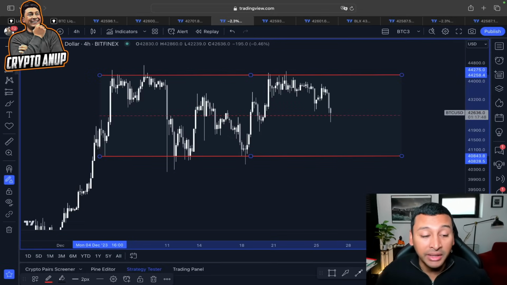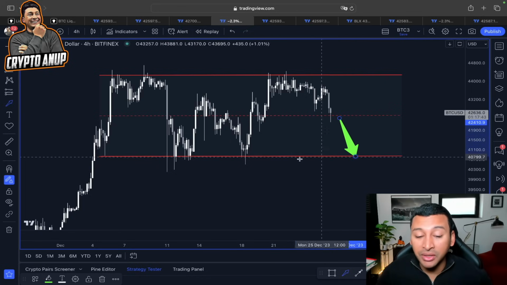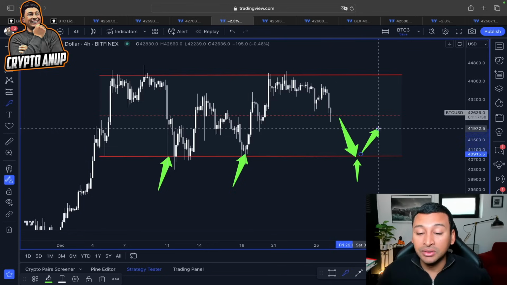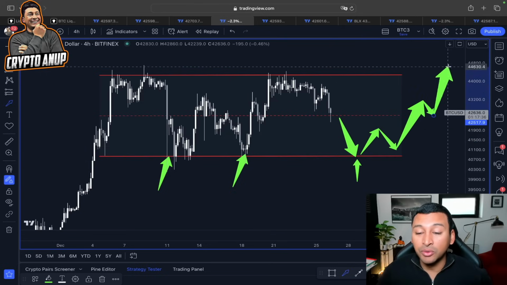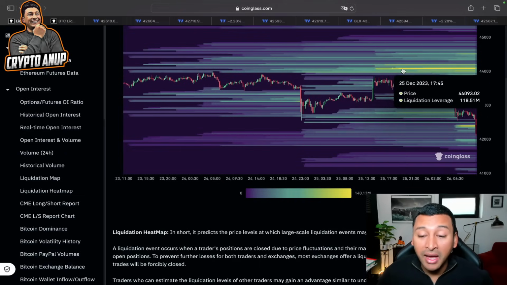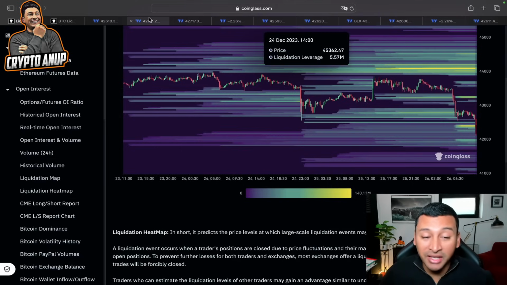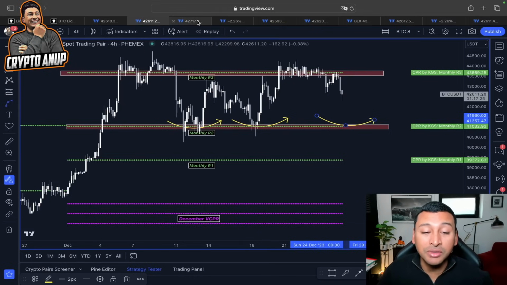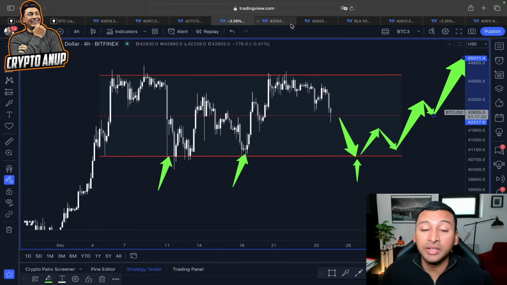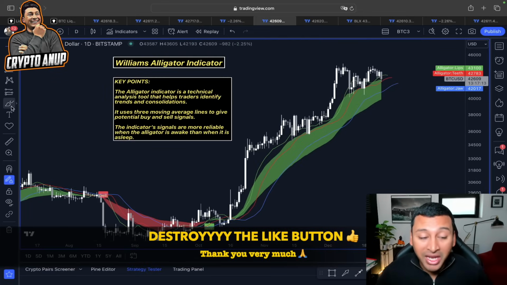I mean, price of Bitcoin parallelly could be also coming back to test the support which we have here to the downside, the horizontal trend line support. So after coming back to find support around that area, what I personally think the price of Bitcoin could be getting attracted towards this high liquidity area, which is above 44,000 range. Yes guys, after taking out all the liquidity which we have here to the downside, there is a very high probability of price of Bitcoin after that to continue with this uptrend.